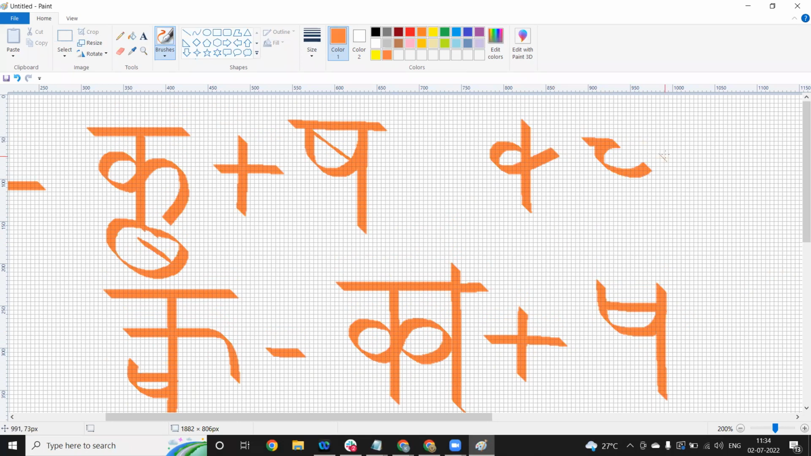But in Sharda lipi, we do not write half letters. For example, ch in Sharda lipi is written like this, right? And if we have a half sound of ch, we will not write it like this or like this. We will not write the half letters. In Sharda grammar, we do not write half letters. Instead, what we do is,